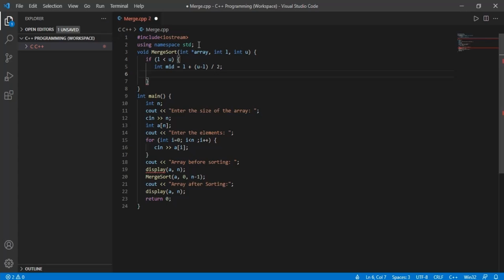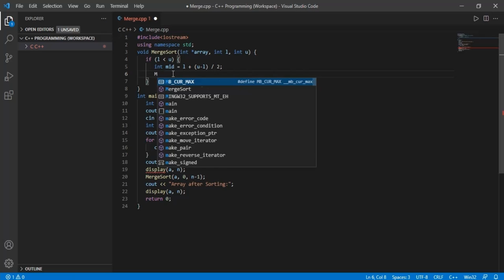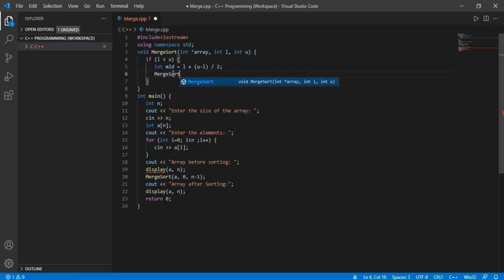Now we know that the array has to be split into left subarrays and right subarrays, but the indexing for the mid value has to be referred with reference to the original array. Hence we are using this particular formula. Now once we calculate the mid value, let's split it, for which we need to again call the merge sort